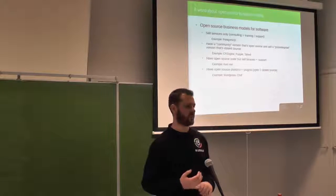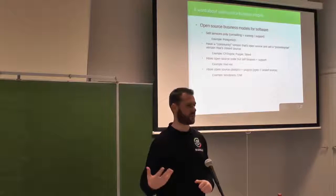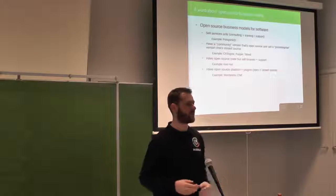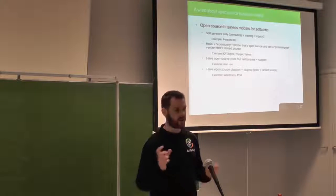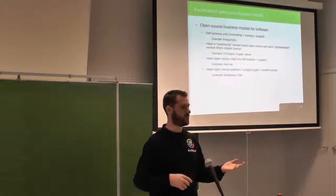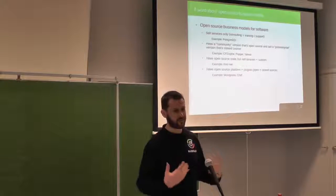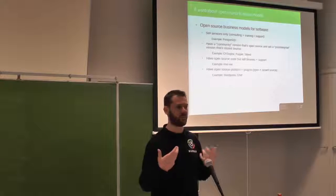I've seen people remove documentation from being open source to make it closed source, to sell the documentation or to sell the expertise. I'm not saying it's common, but it's something that happens. The second model is having a two-speed system with a community version and an enterprise or pro version. That is something that I have taken public stances against many times, because I really believe that the two-speed system